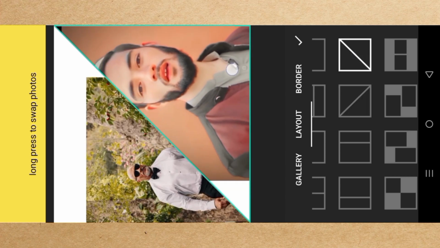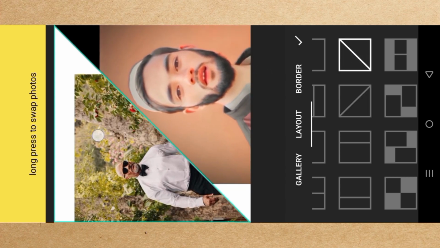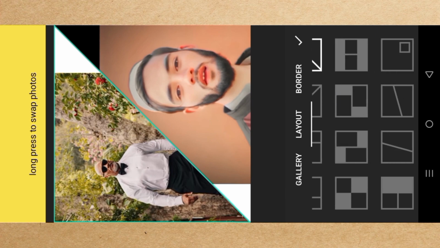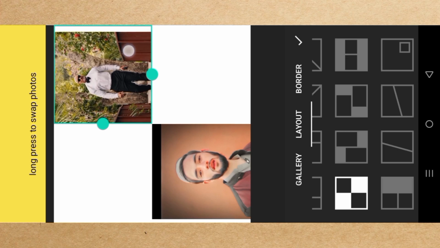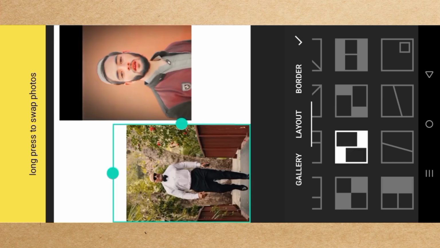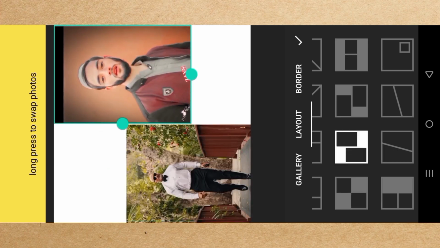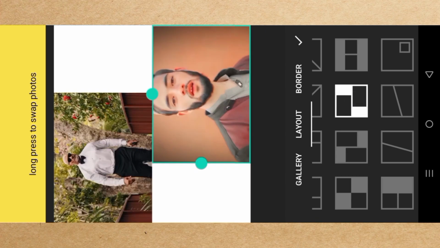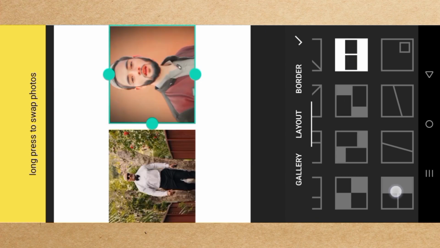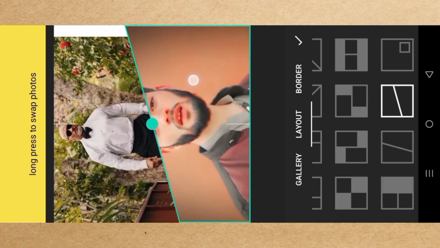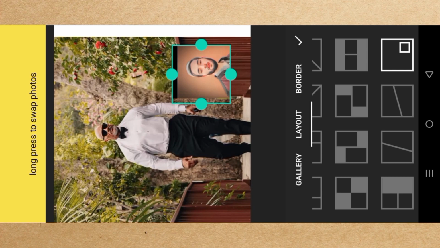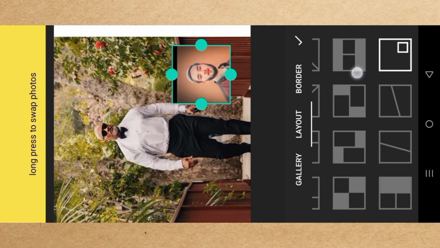There are different layouts in the InShot app, the perfect app. Look this. If you want to show one picture small and one large, and if you want to,